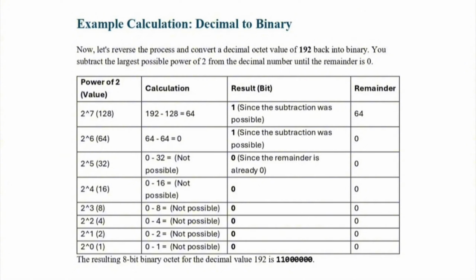So on further, as we got the remainder 0, subtracting 2 power 5 is not possible. Since the remainder is already 0, we take that as 0, and so on until 2 power 1 and 2 power 0, we take all of them as 0. So the resulting 8-bit binary octet which we get from the decimal value of 192 would be